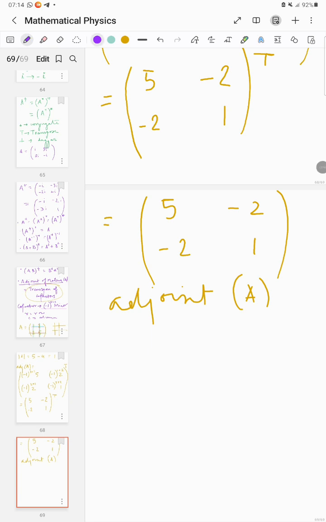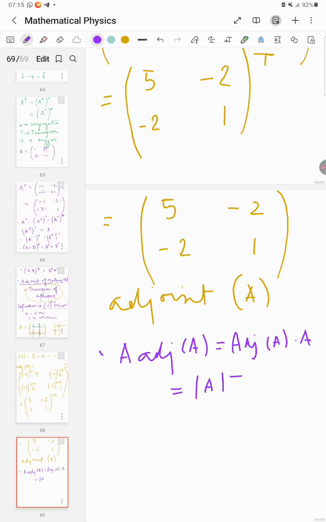Alright, now let us look at some of the properties of adjoint of A. Property number 1 says that A into adjoint of A is equal to adjoint of A into A is equal to determinant of A into I. Alright,